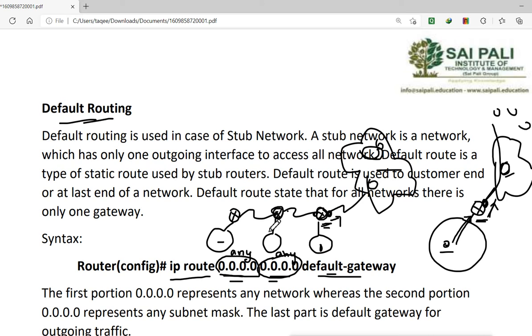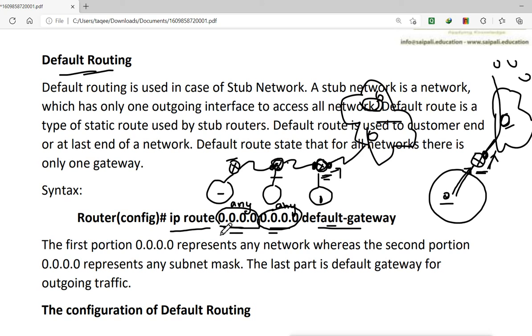So when we configure a static route here, we will mention the next hop address because we know it. And when we configure default routing on this router as well, we will configure this next hop address. We mention 0.0.0.0 for the network and 0.0.0.0 for the subnet mask, and it simply says any.